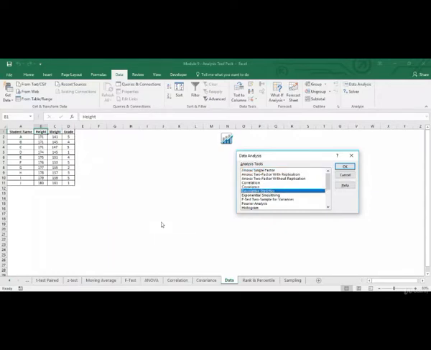Now, descriptive statistics are basically numbers or metrics which are used to summarize a given data set. And then using those numbers, we either infer about the entire population or just that particular sample. So for example, if we have millions of data, we might not want to run descriptive statistics over the entire data set because it would be huge.